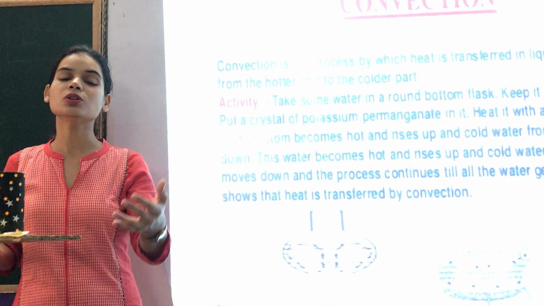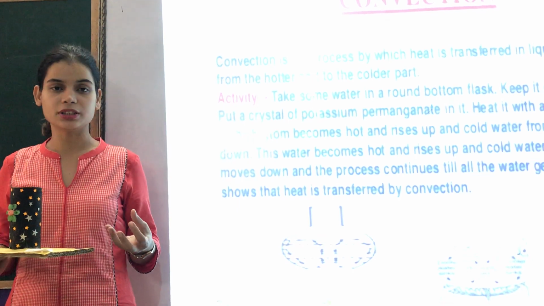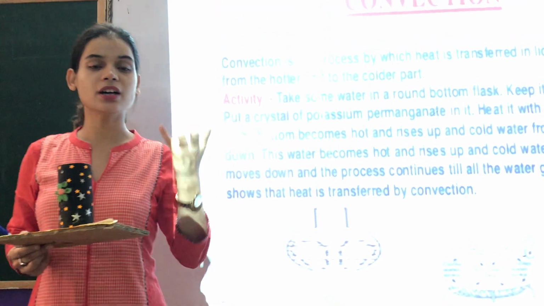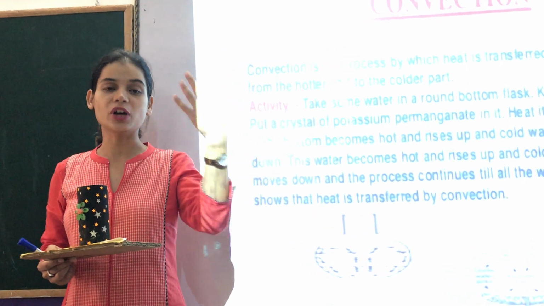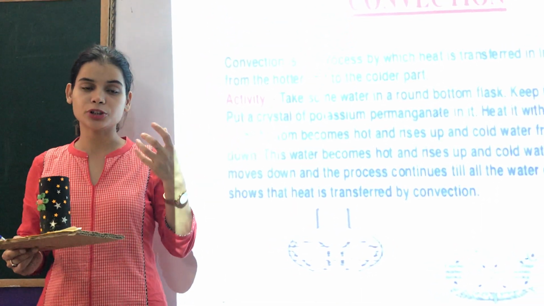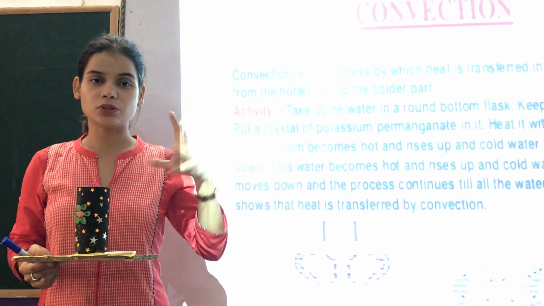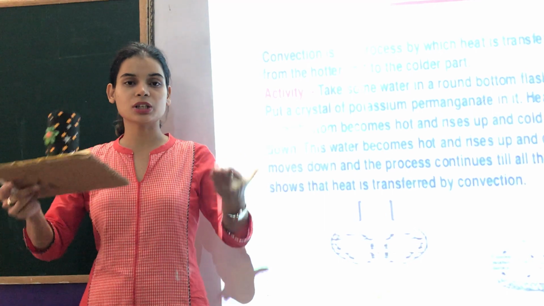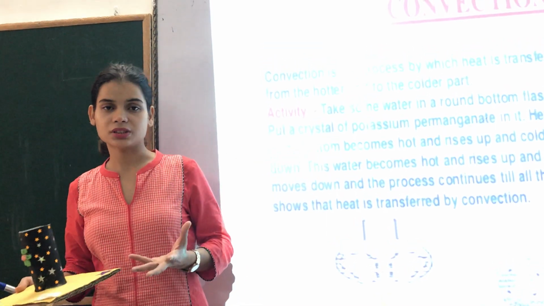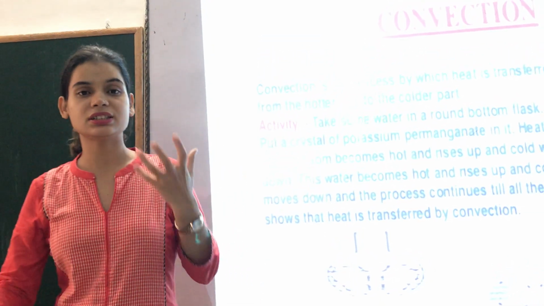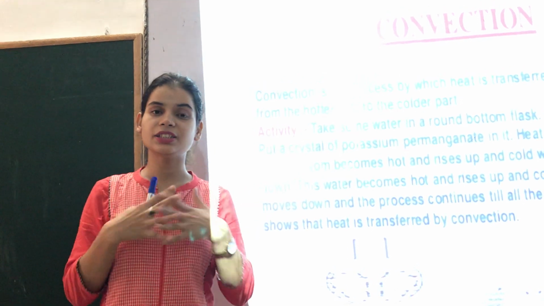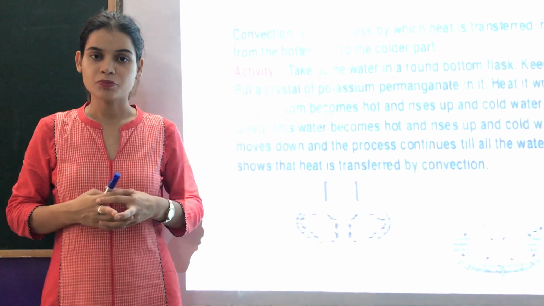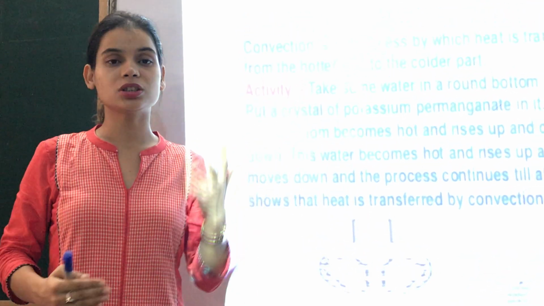Now, we all know that water is a poor conductor of heat. Air is a poor conductor of heat. So, how are we able to boil the water? You might have seen that when you put cold water on the burner, after some time the complete vessel heats up, and the water inside the vessel starts boiling. Now what causes this boiling? How is the heat evenly transferred into the water? That is where the convection process comes in.